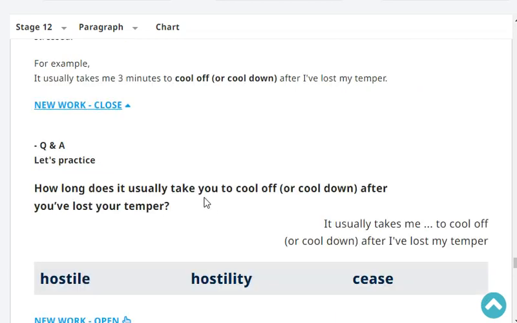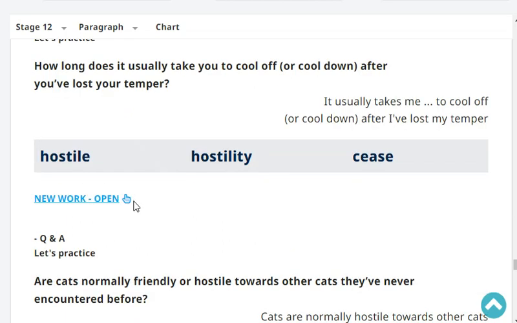Let's practice. How long does it usually take you to cool off after you've lost your temper? It usually takes me about 10 minutes to cool off after I've lost my temper. Very good. Next, repeat hostile,